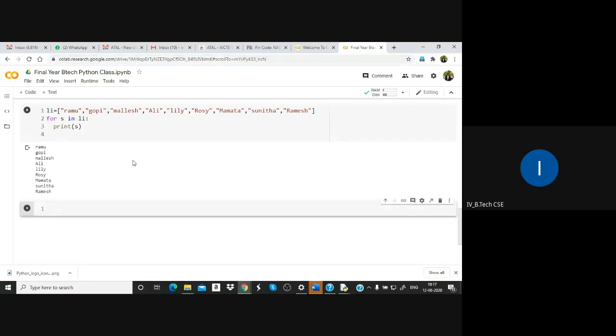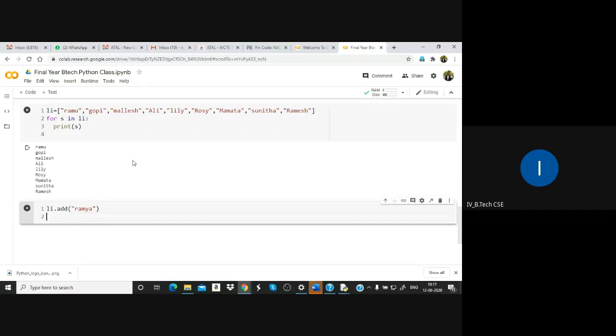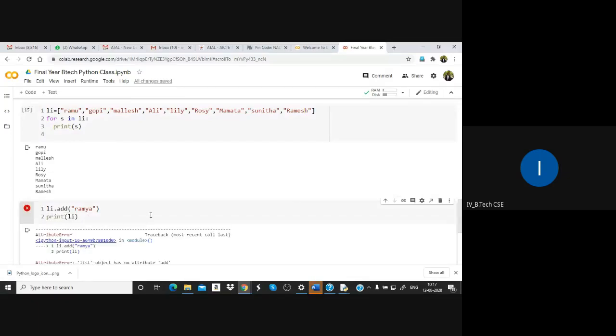Next, how to add an element to a list. Let us see. li dot add Ramya, sorry.